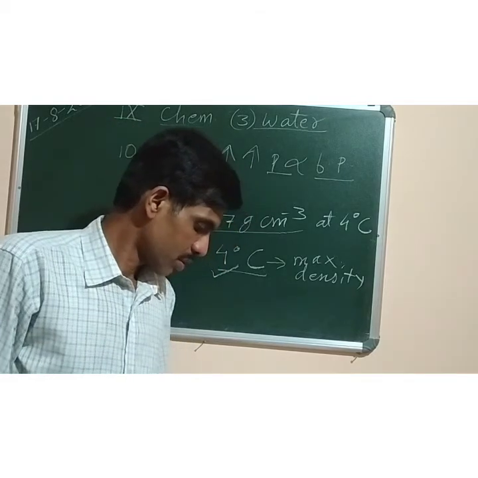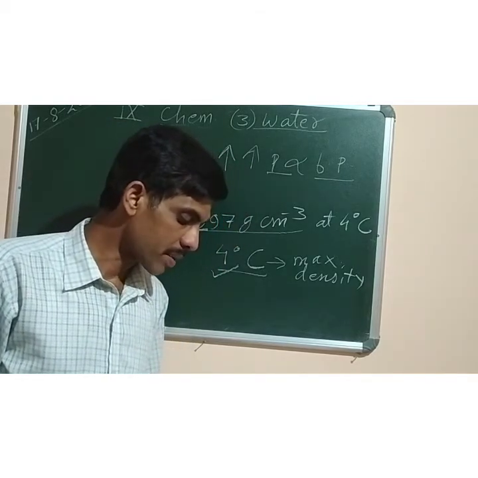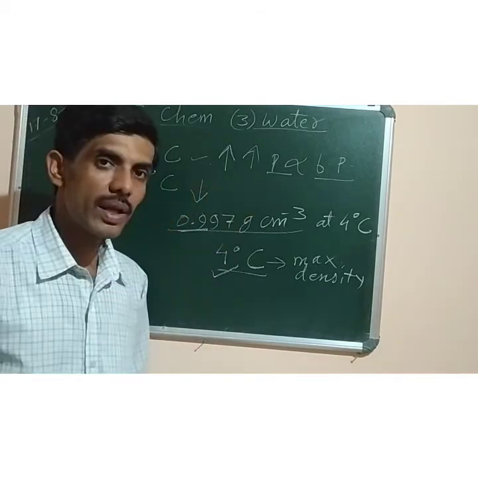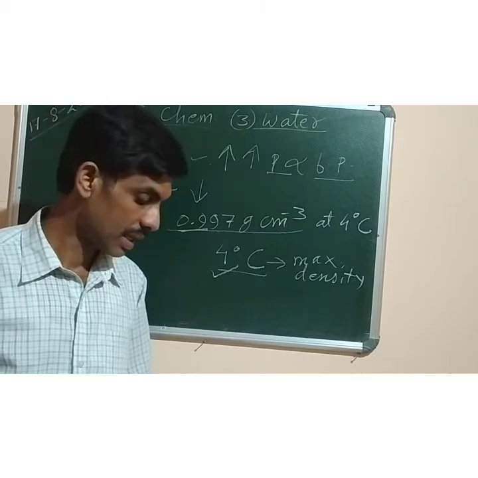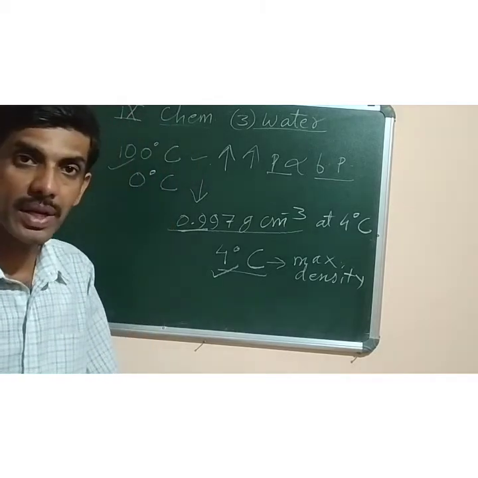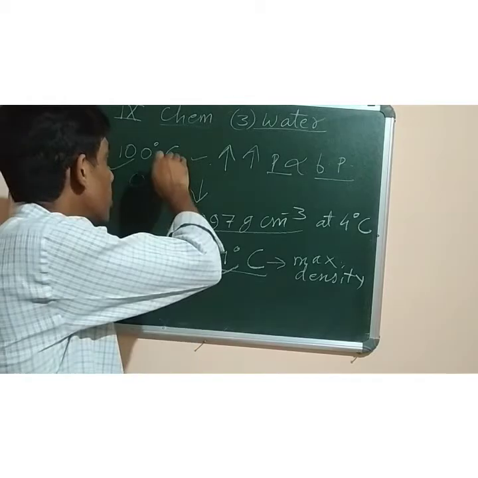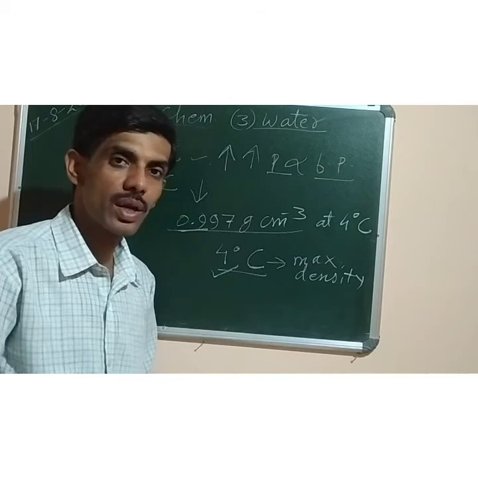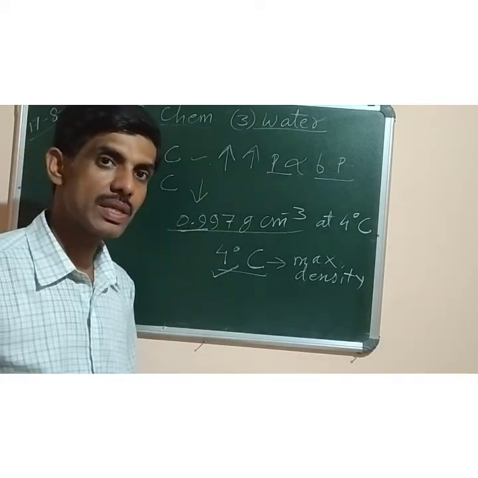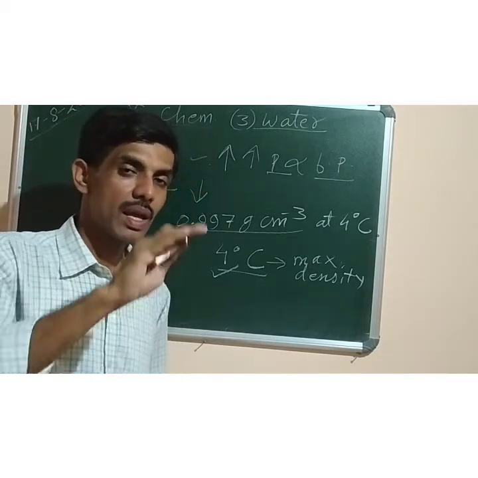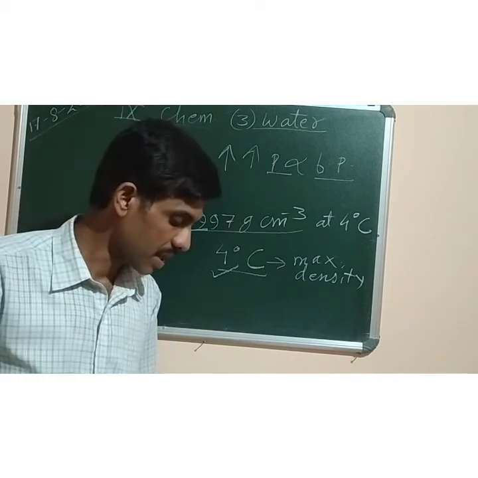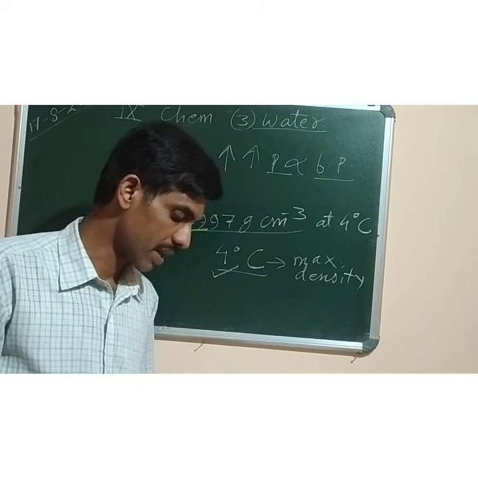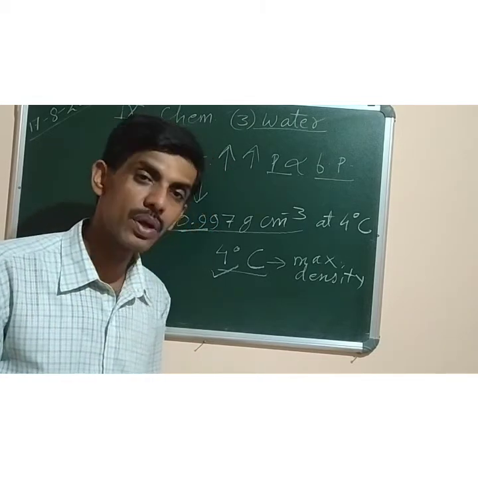Next, in the hills, water boils at a temperature lower than 100 degrees C. Why does it take a lot of time to cook food in the hill area? Because there the pressure is low. If the pressure is low, the boiling point of water also decreases, since pressure is directly proportional to boiling point. So with less pressure, the water starts boiling at less than 100 degrees, and that is the reason why food does not cook properly there. Therefore, pressure cookers are useful in the hills.